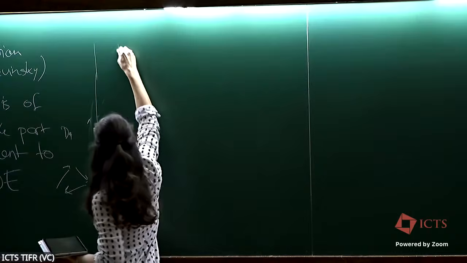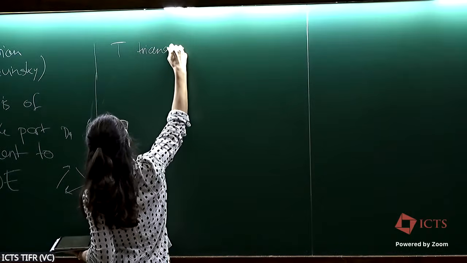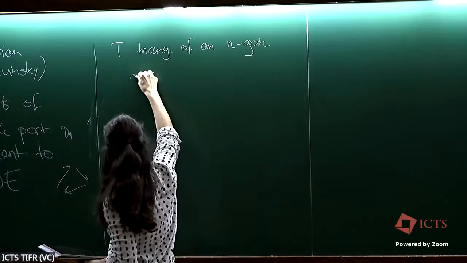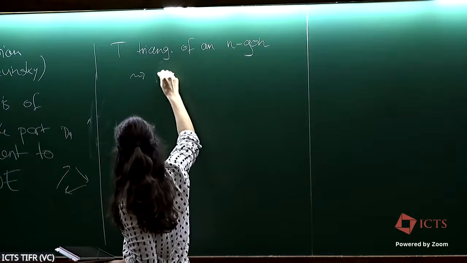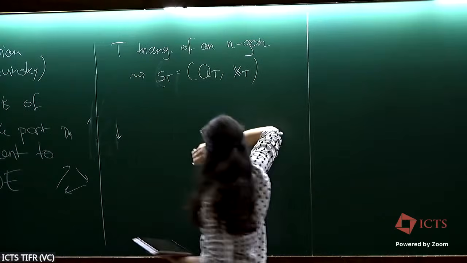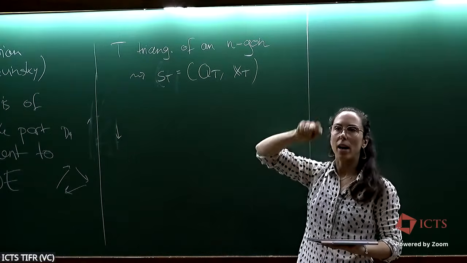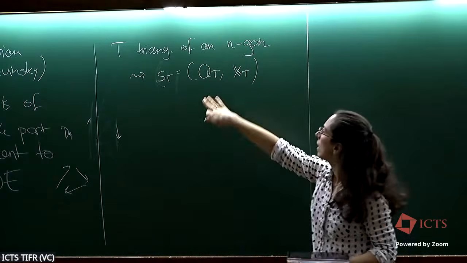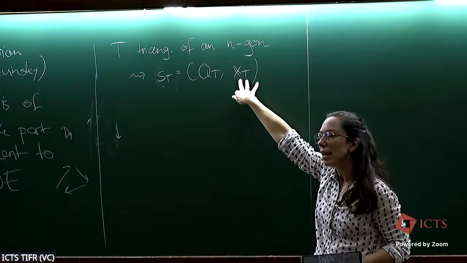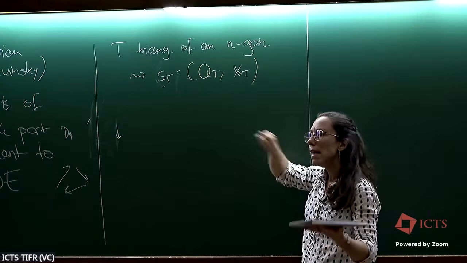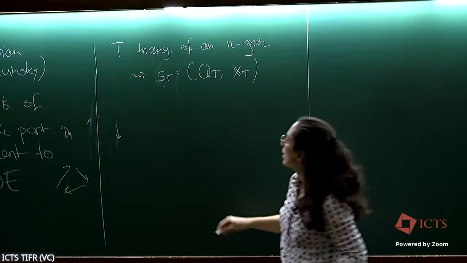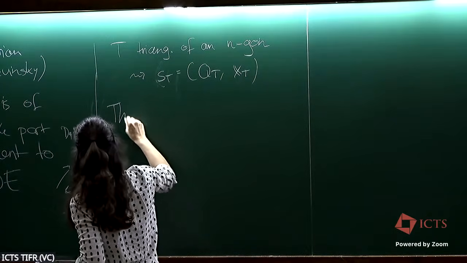Yesterday we saw that if T is a triangulation of an n-gon, we could associate to that a seed where Q_T was the quiver obtained by vertices corresponding to edges of the triangulation, and then in every triangle of the triangulation having an oriented triangle in the quiver, and x_T was the tuple of Plücker coordinates with indices the endpoints of the edges. So if I take the cluster algebra associated to this seed,